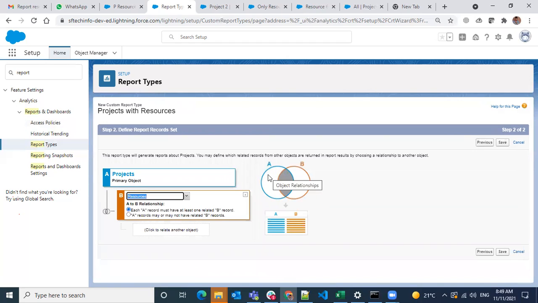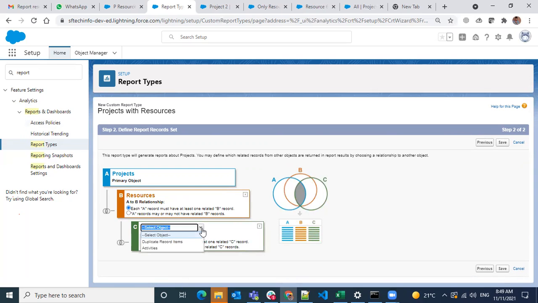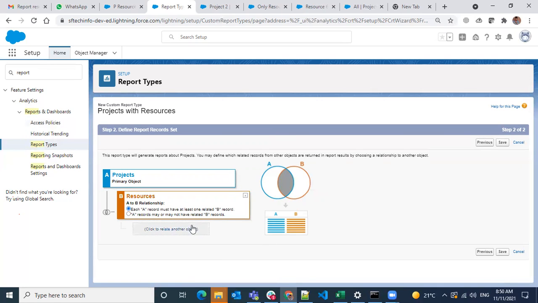then you will see everything. But only some of the projects have resources, and only those you will see. There is no chance otherwise because of the master relationship; you cannot have a child without a parent. So obviously this side will be blank, and there might be some records present here. You can add one more object here, but we don't have anything other than activities. So you can go on and save.